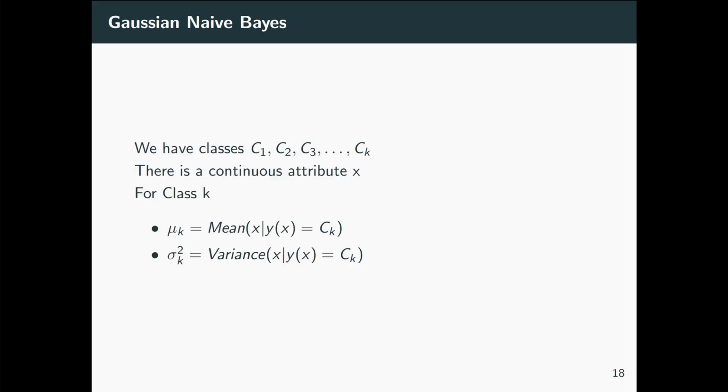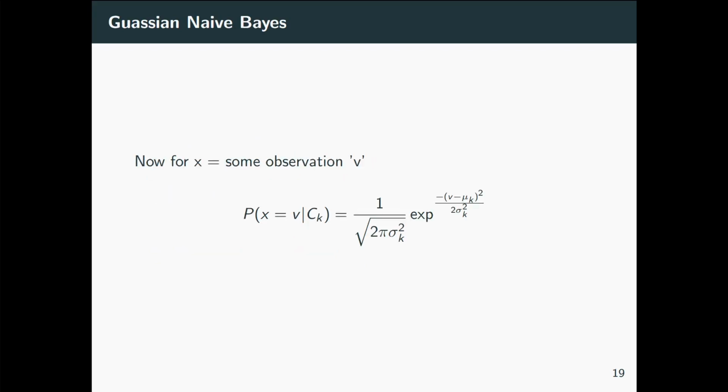So in general, we can have C1 through Ck classes, and we have continuous attributes. For a single attribute x, for class K, we can calculate its mean and variance, as I discussed. That's the same as the MLE estimate. So this is at the train time, and at the predict time for some observation V, we can calculate the probability of